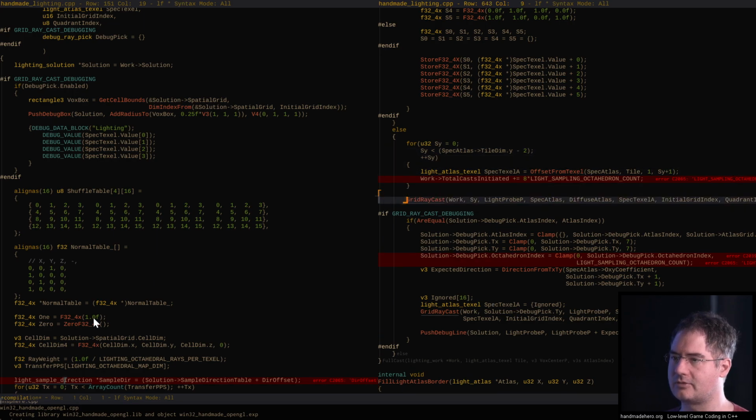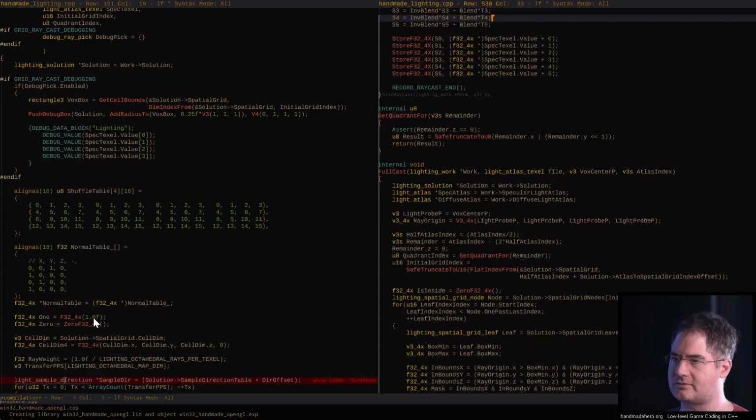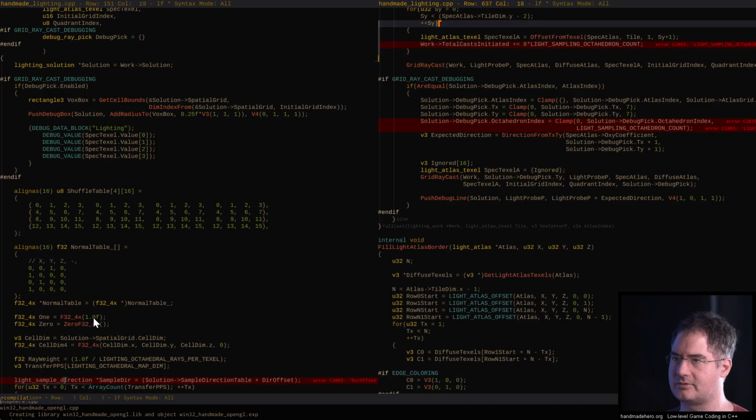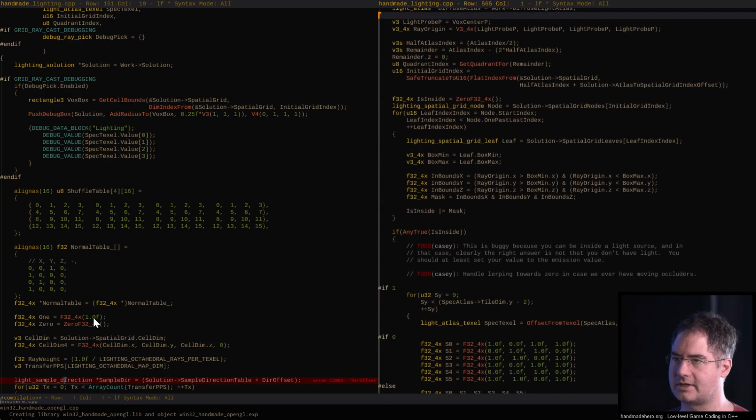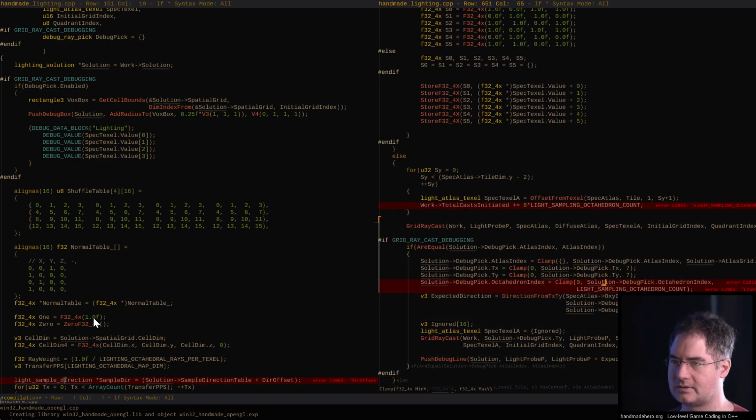and move it out. So grid raycast, rather than passing an SY, just passes the light probe P, the spec atlas. The spec texel A just would get computed directly in the thing. What about tile? The tile, I suppose, we would need to pass in now, right? So instead of spec texel A, you would just pass the tile, and then the rest of the stuff is exactly as it is. So this loop would come out